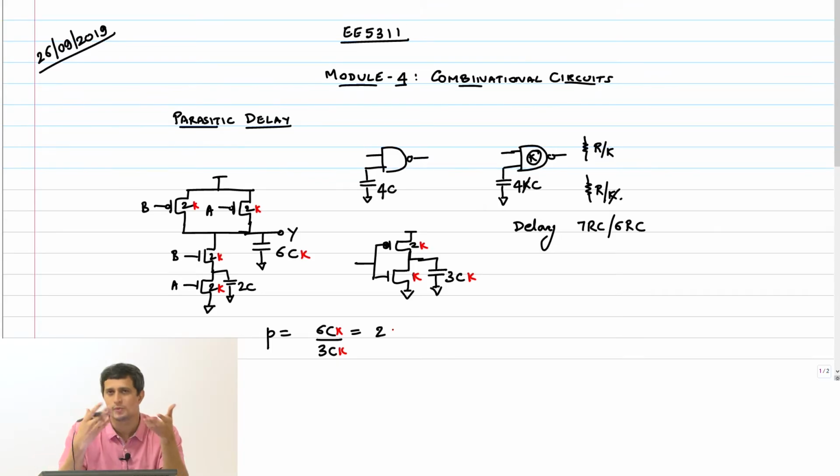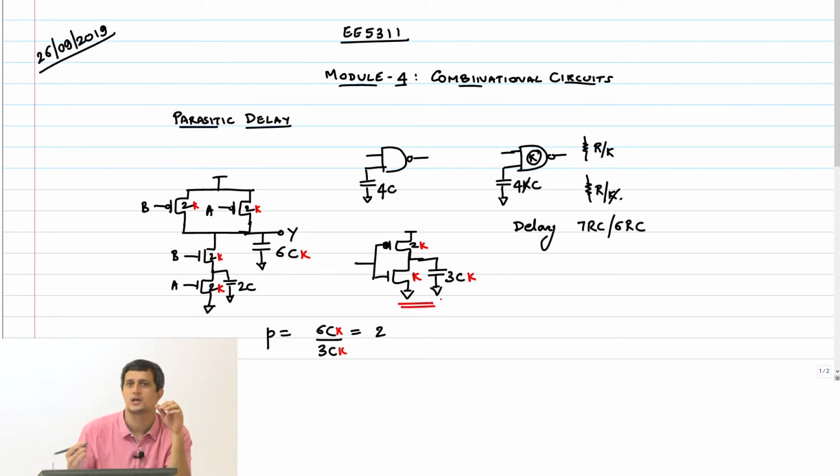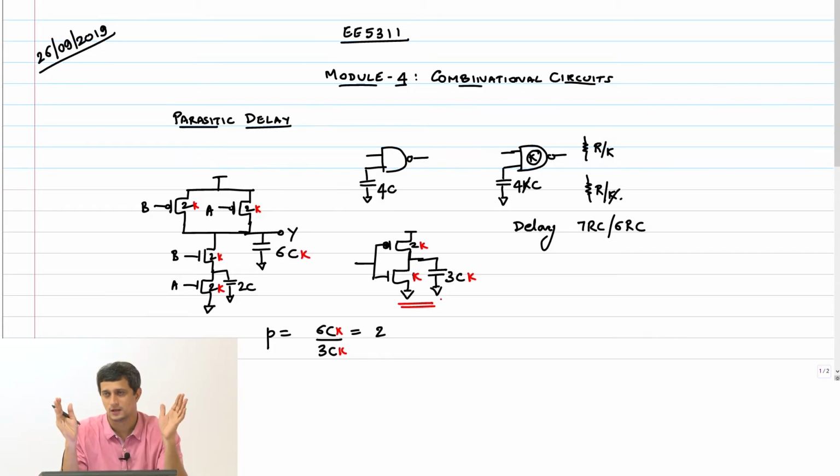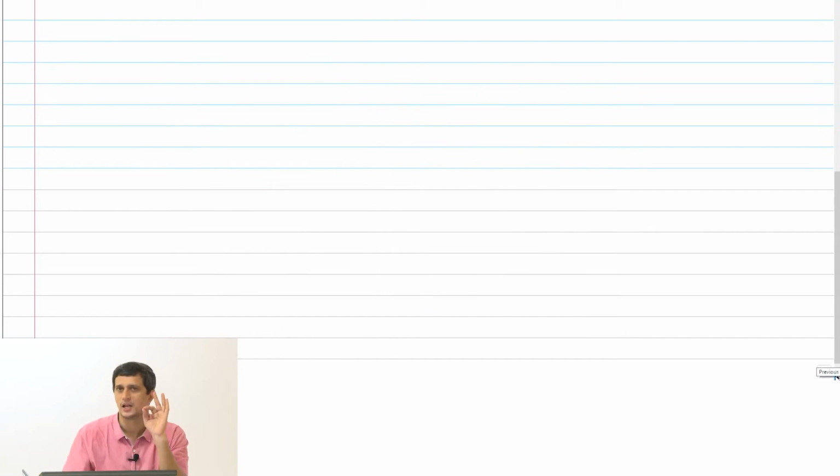For a NOR gate, it will be a different thing again. The reference inverter and the inverter here might be the same. As long as I scale NAND and NOR by the same amount, it doesn't matter. Clear? This is just an approximation. We'll come back to this a little later. We'll use more of this later.